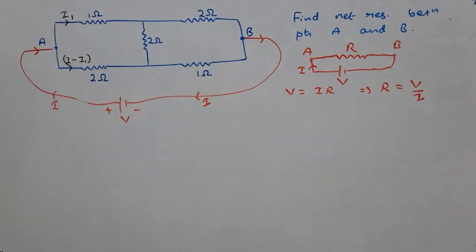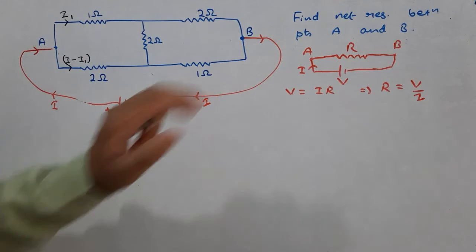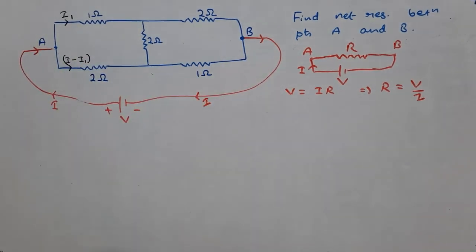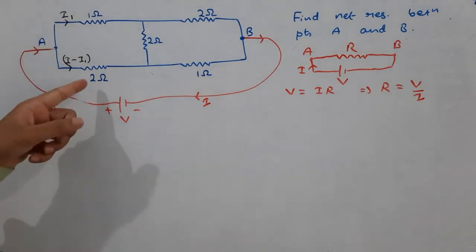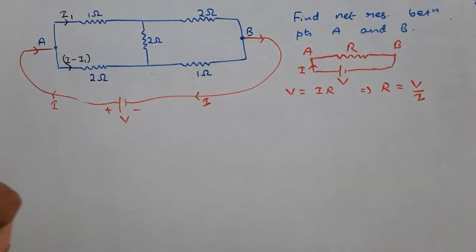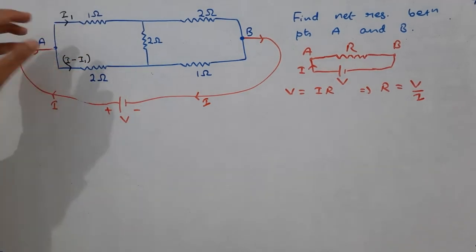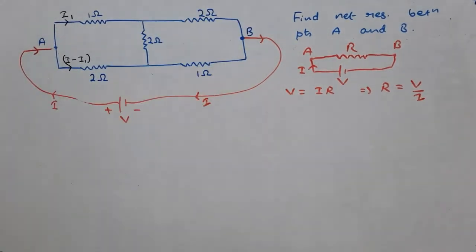But this question is symmetrical. Now where is the symmetry in this question? You see, if you stand here and if you stand at this corner over here and you look at the circuit from these two sides, they will look identical. Here also we have 1 ohm, 2 ohm. Here also we have 1 ohm and 2 ohm. So whatever division takes place between 1 and 2 on this side, similar division will take place on the other side.